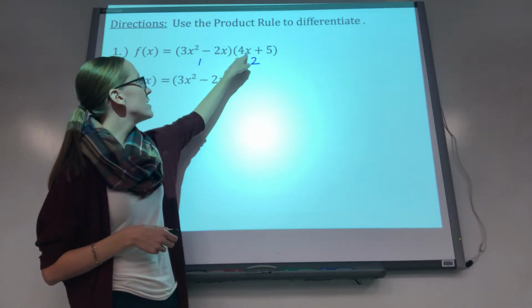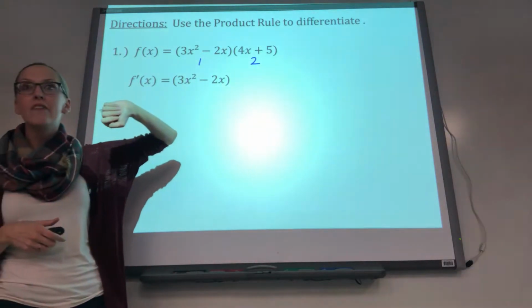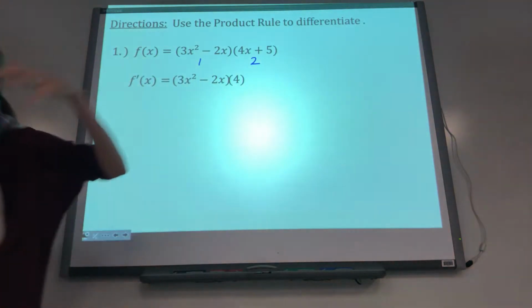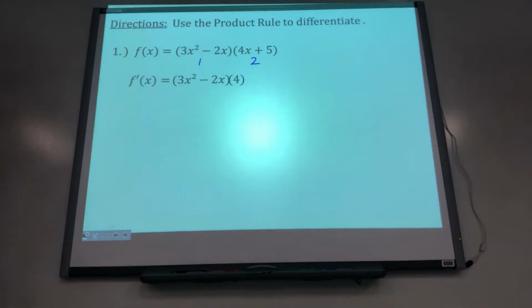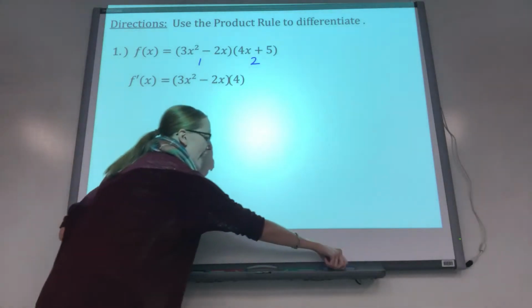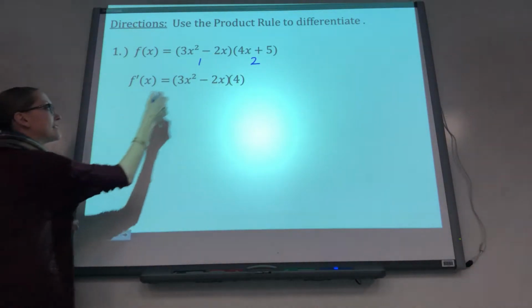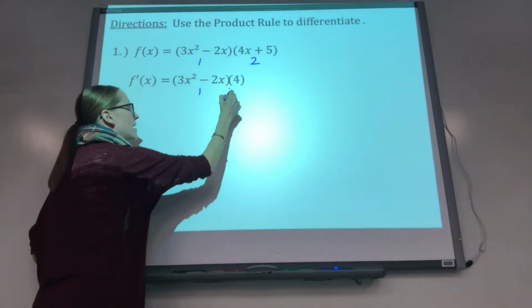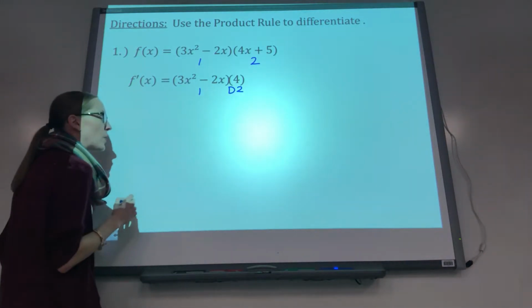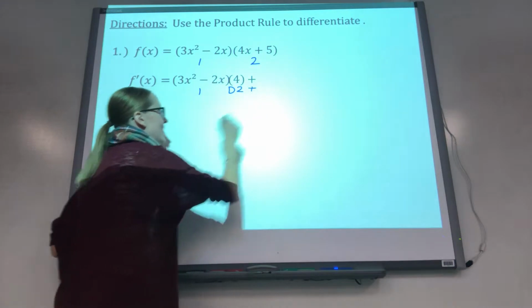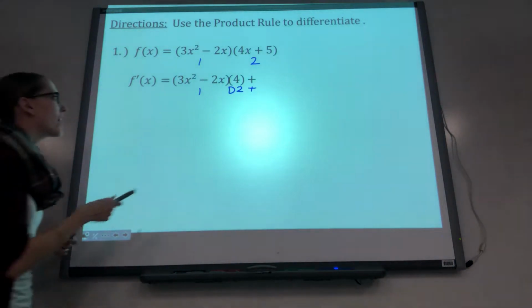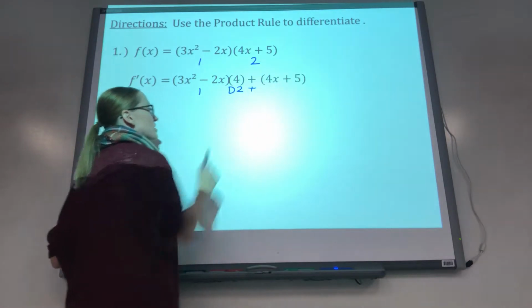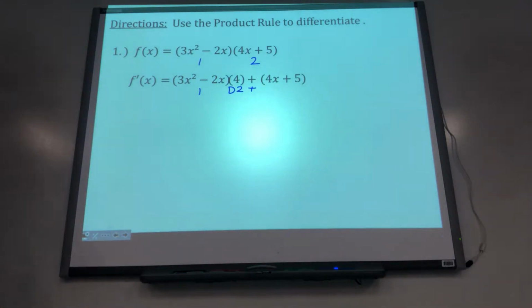What is the derivative of 4x plus 5? 4. Those two things are going to get multiplied, so I put that in parentheses. So far we've done 1d2 plus, and here comes the next part, 2, which is just 4x plus 5,